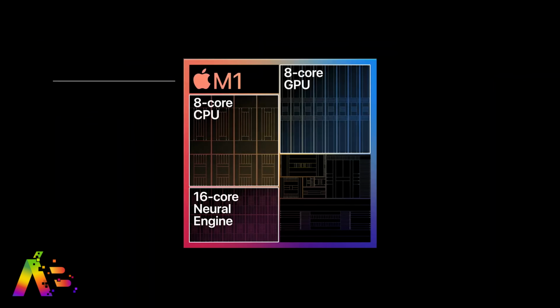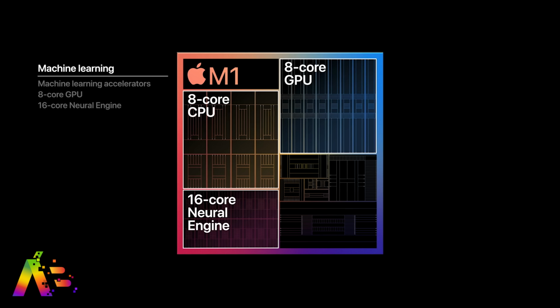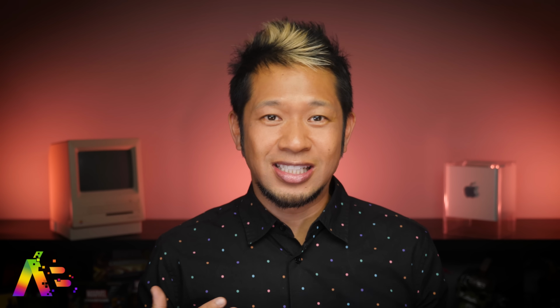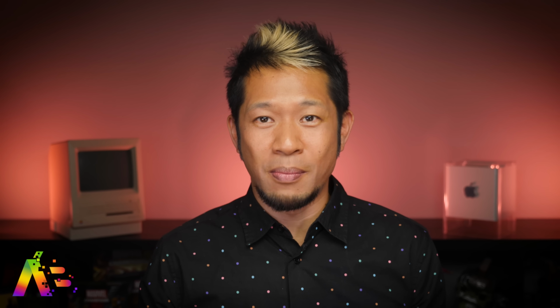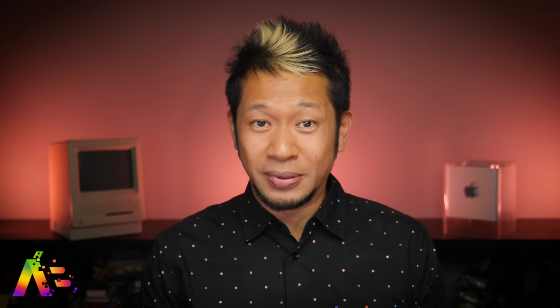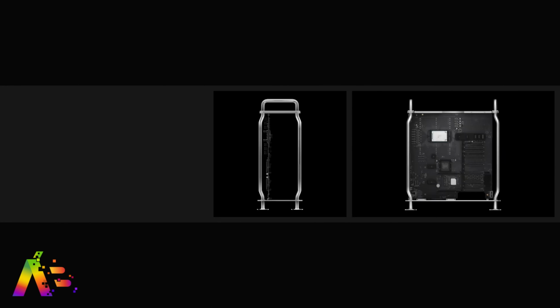in 20 or 40 core variations, so that would be either 16 or 32 high-performance cores, and then either 4 or 8 efficiency cores for the CPU. These new chips, which are really truly next-gen chips, will also have either 64-core or 128-core graphics options. Now, let's put this in perspective. The computing cores alone would top the 28 maximum from the current Intel Mac Pro chips, and these new higher-end Apple graphics would have no problem replacing AMD's graphic options on the current Mac Pro as well. Now, Intel's not completely going to be phased out, at least for now, because the report also says Apple's working on the next version of the current Big Tower Mac Pro that may still use Intel chips instead of their